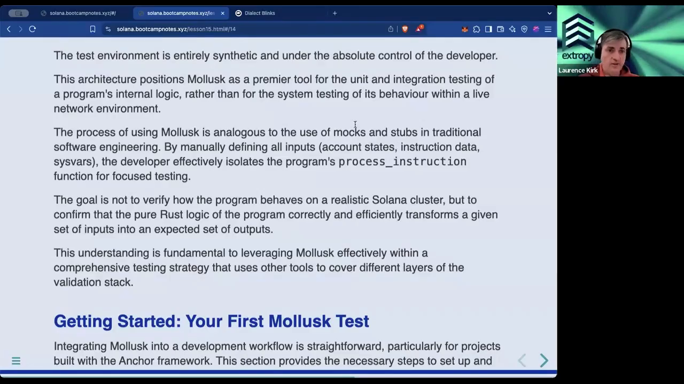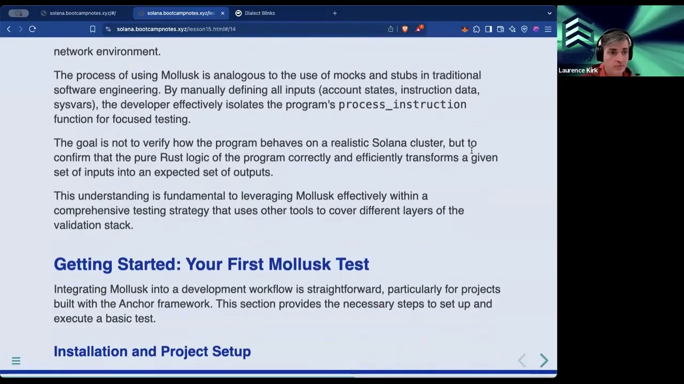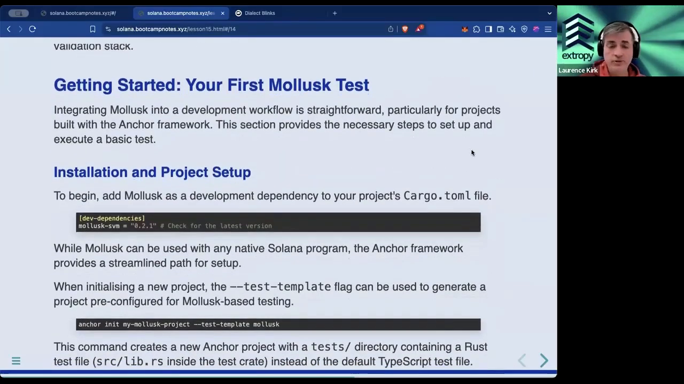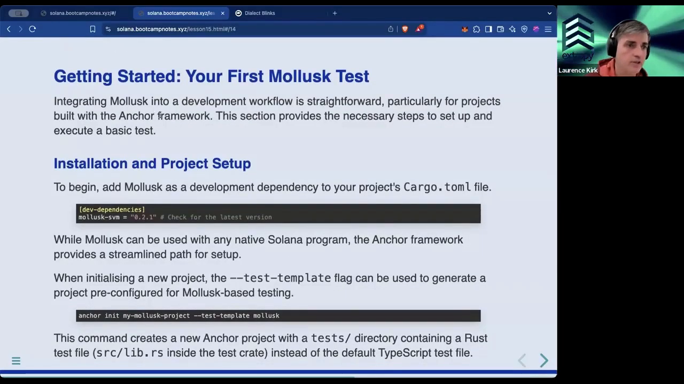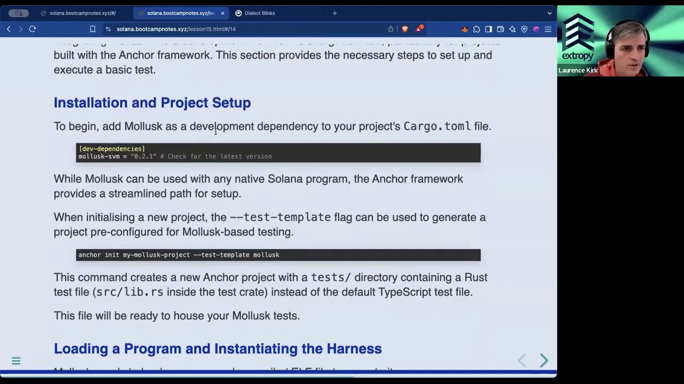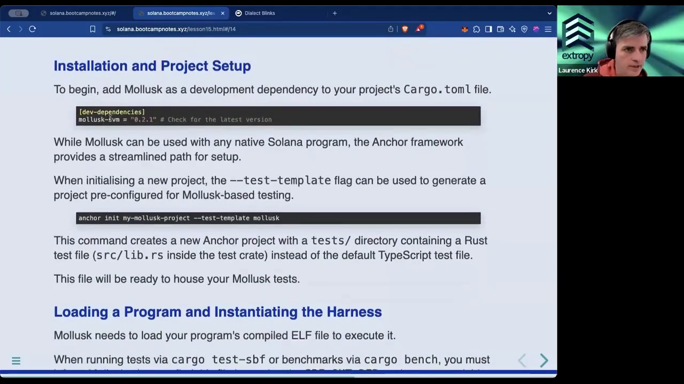It does follow some of the ideas that you've seen before, the idea of using mocks and stubs when you're developing, which can be a very efficient way of doing things like test-driven development, for example. There's some details here if you're interested in how to use it. This I think is expecting you to use Anchor as well, but it shows you the steps that you need to go through,